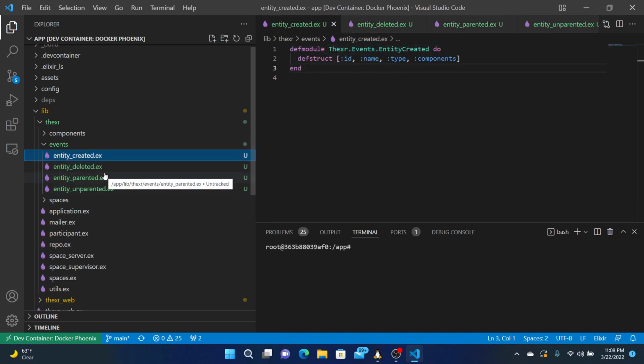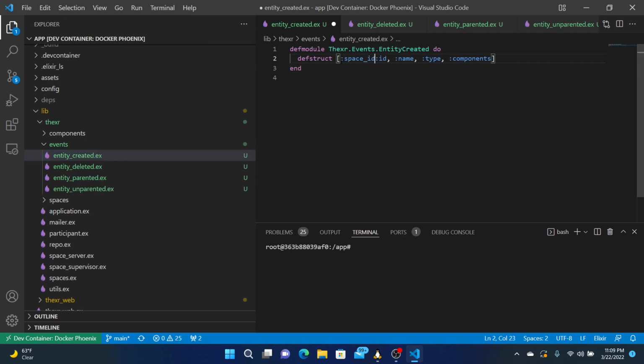Now for components, you need the component name and an entity. Oh, we also need the space. All of these need a space ID. That's probably still the most efficient way to access the ID, is through the space ID. So entity created needs a space ID.